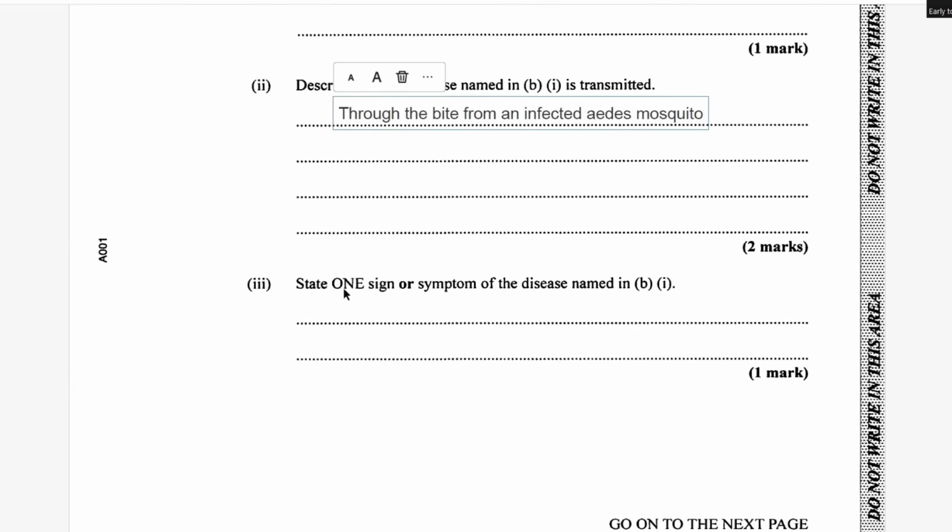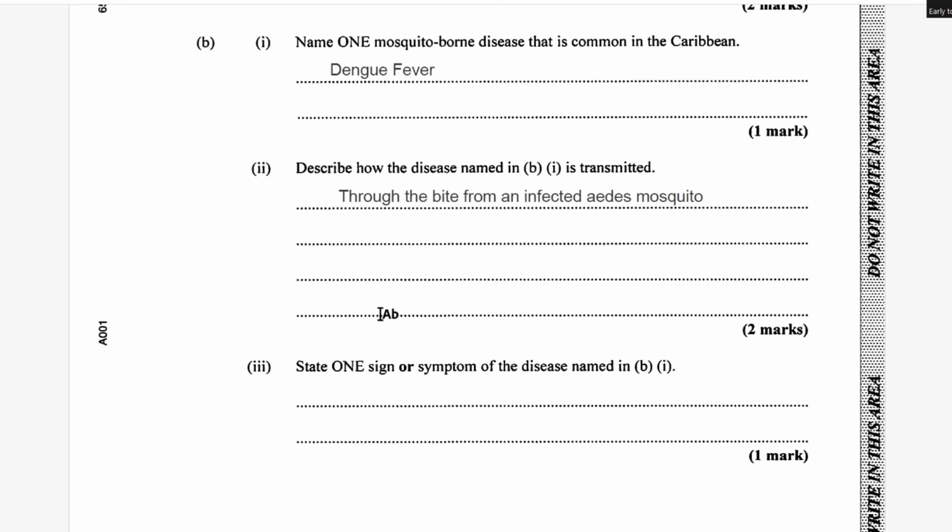All right. State one sign or symptom of the disease. The interesting part about choosing dengue, do note that dengue hemorrhagic fever is different from dengue fever. So if you chose dengue hemorrhagic fever, the easiest sign will be to mention the bleeding. But if you choose dengue fever, you can't mention the bleeding, right? So you could mention joint pain or the other flu-like symptoms. But remember, it's all connected. Look, they still put in the B Roman numeral 1. So we definitely know it's connected. So it must line up.